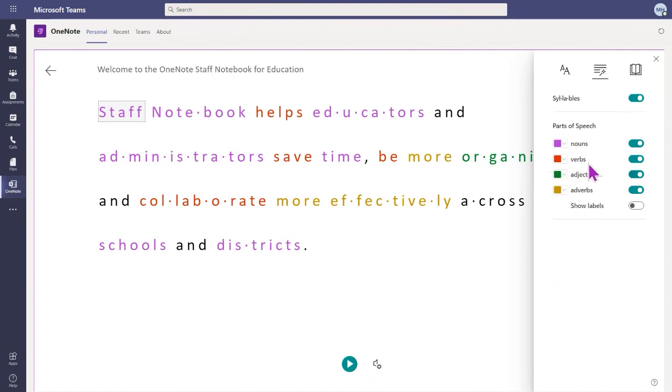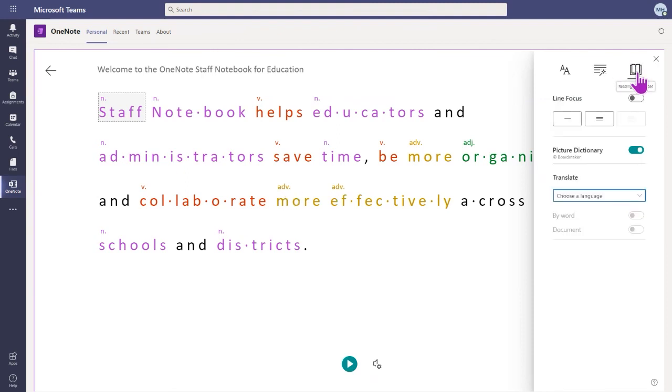And they can also see and highlight different parts of speech. So they can turn on color for nouns, adjectives, adverbs. They can change the colors as well. Again, whatever might help them more easily visualize this. And they can choose to turn on labels so that they know what that color corresponds to. Then the last section here, under reading, really nice options. They can set this so that it focuses on a specific number of lines so that they don't get distracted. They can more easily focus.